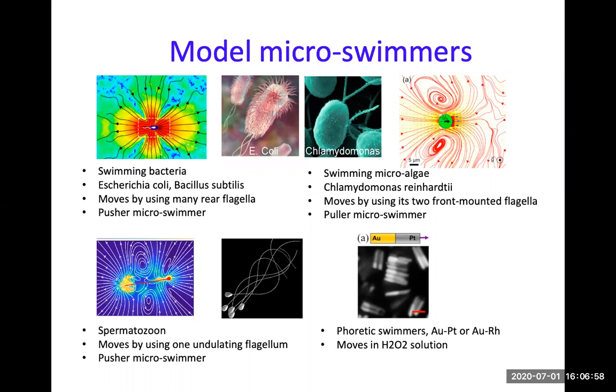Then there is spermatozoa, and you've heard a lot of this from Dave and Murik. So they are also pusher swimmers because they push themselves with a flagellum in the back, but it's a single flagellum which undulates, right? But if you also time average over one undulation, you also get this hyperbolic-like fluid flow, right? So by and large, you can also describe it at the lowest order as a force dipole, the pusher swimmer. Right?